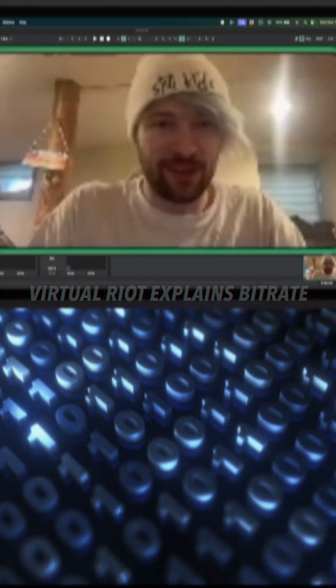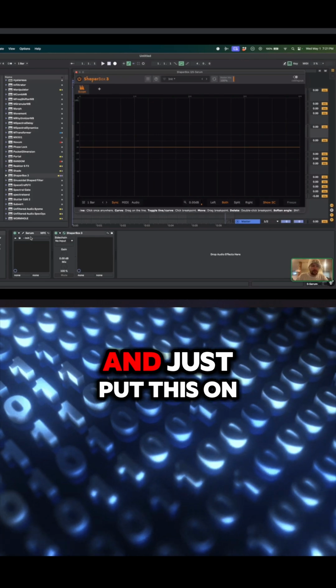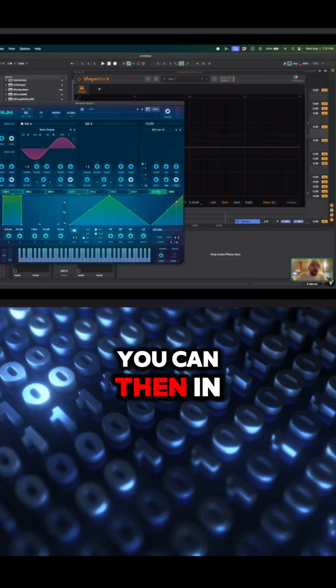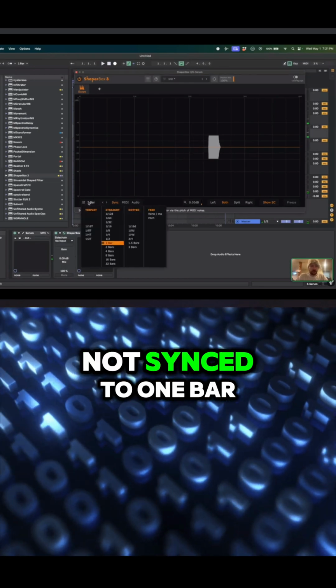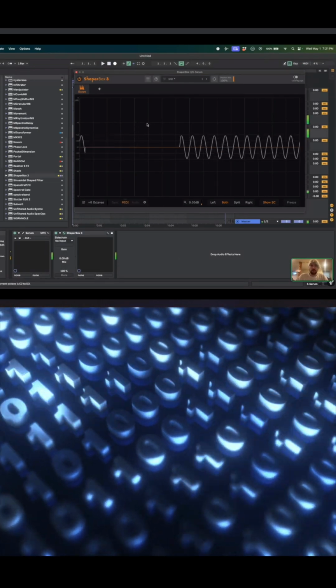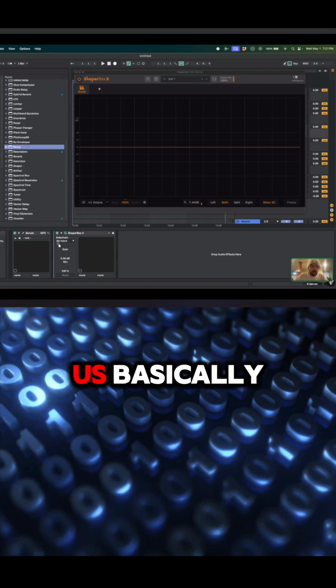Bitrate and sample rate. ShaperBox 3 actually has a really nice oscilloscope mode over here. If you click that and just put this on, I'm just putting this on a Serum right now and loading up a sine wave, you can then, in here, have it be not synced to one bar, but synced to pitch. And in this case, I'm just going to throw a Redux on here